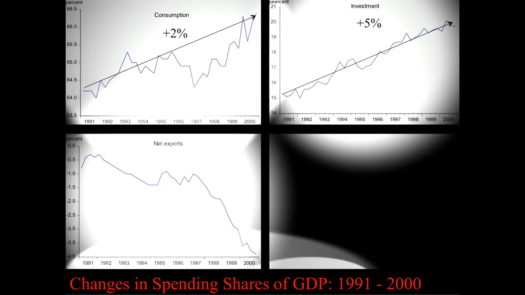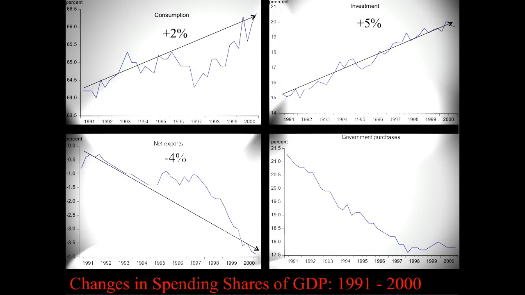In the lower left, you see net exports as a share of GDP. It's generally going down during the 1990s. Draw an arrow to help illustrate that, and you can see the net exports actually fell by 4% of GDP. And in the lower right, finally, we look at government purchases as a share of GDP. During this span of time, they were generally declining. Draw an arrow during this period, and you can see that decline, and measure it's about minus 3% of GDP. Government purchases falling by 3% of GDP. So there have been these changes in the spending shares of GDP during the 1990s in the United States of